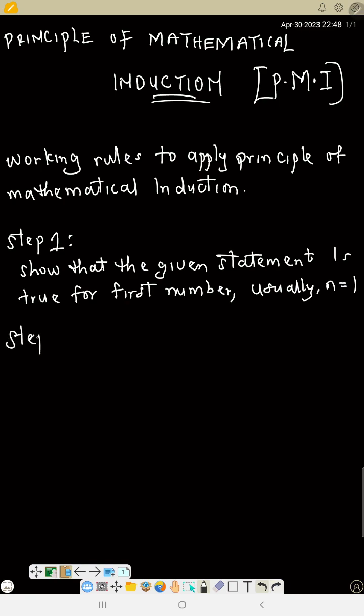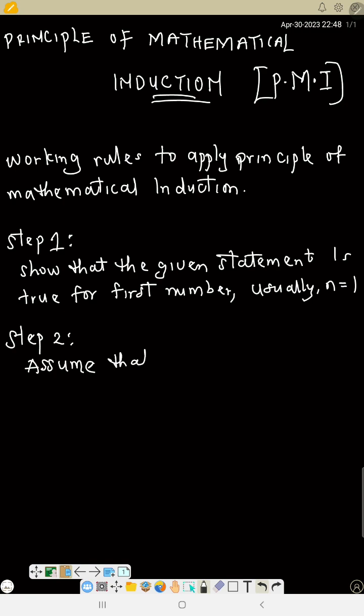Step 2, assume. So all these steps we'll be writing in our proof. Step 1, we will first show that the statement is true for n is equals to 1. Then step 2, we will say assume